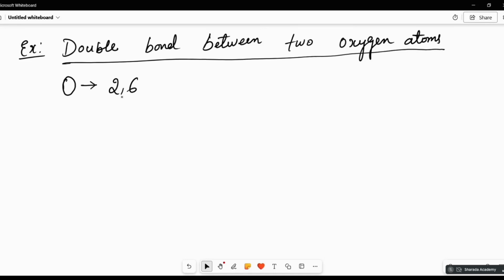Then, how do 2 oxygen atoms form a molecule? In the oxygen atom, in the outermost orbit, it has 6 electrons: 2, 4, 6. So with the other oxygen, also 2, 4, 6. Each has 6 electrons. So they form